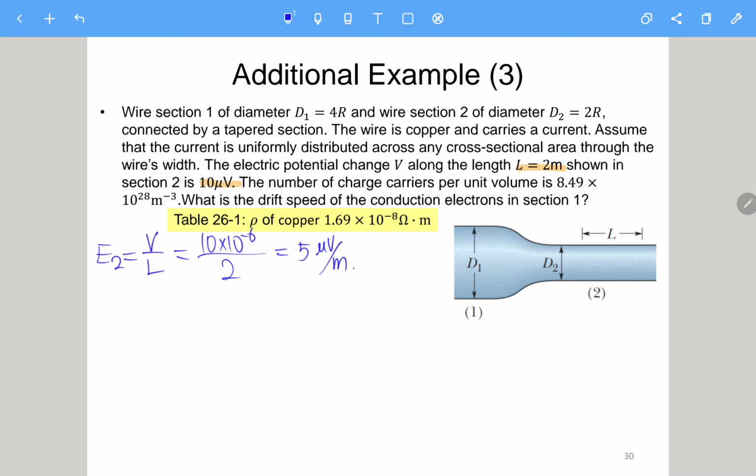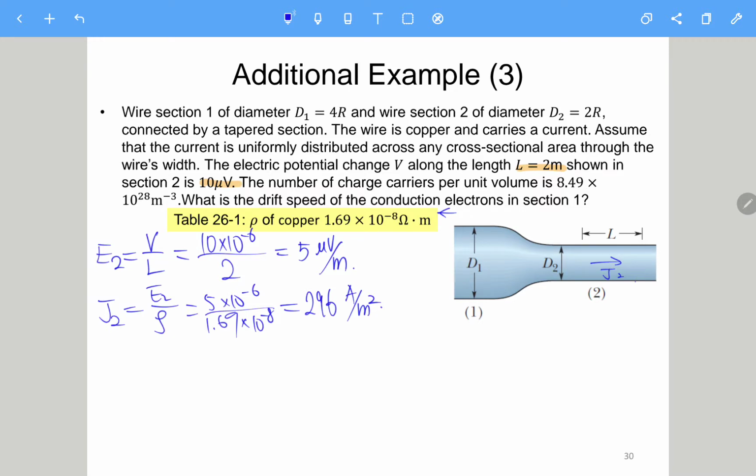Okay. So next, J2, which is the current density at this part, will be E2 over rho. So we have 5 times 10 to the minus 3 over 1.69, which is this number, times 10 to the minus 8 power. So this number is 296 A per meter squared. So we know the current density for section 2,